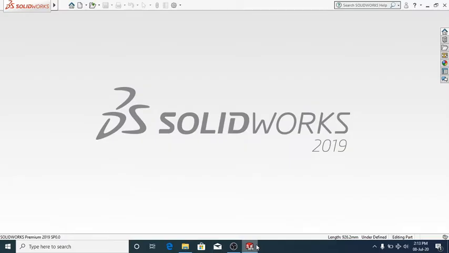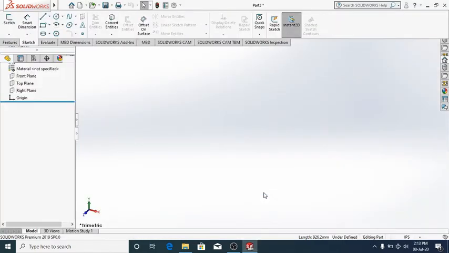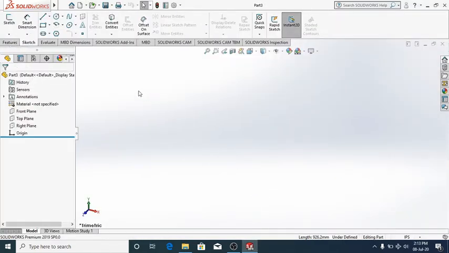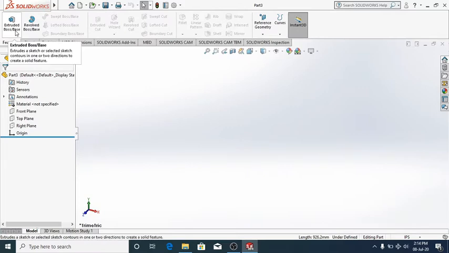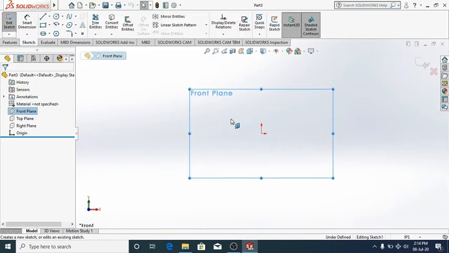So today I'll be telling you about a few basics of how to build a solid part in SolidWorks. So in the features, when you open SolidWorks, you'll be finding features like Extruded Boss/Base, Revolved Boss/Base, and a few other options which will be activated when we actually draw some solid part. Let me pause with the time and let me go into the software.